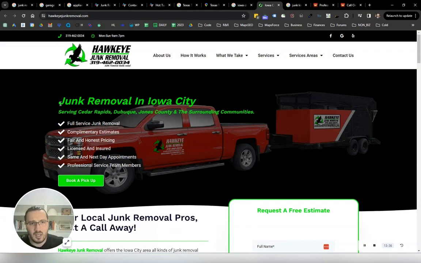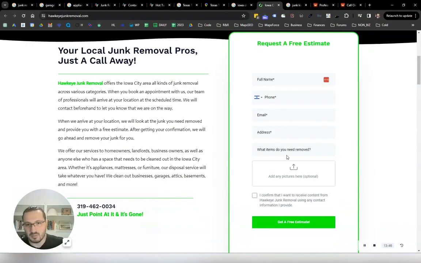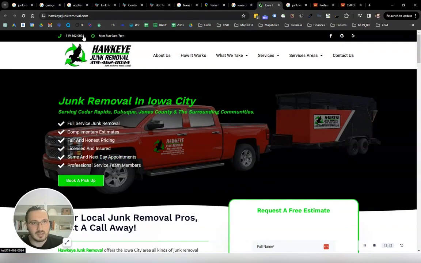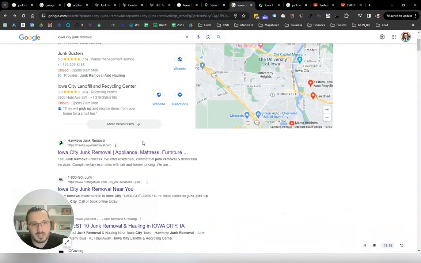These guys are getting, I don't even remember, 400 or something like that in the last year, even more, just form submits right here, people that submitted the form. We don't have access to this phone number, so we don't know how many people called, but it's a bunch, right? And that's all because it was set up in the right way. So take note of this stuff. Rewatch this video if you need to,